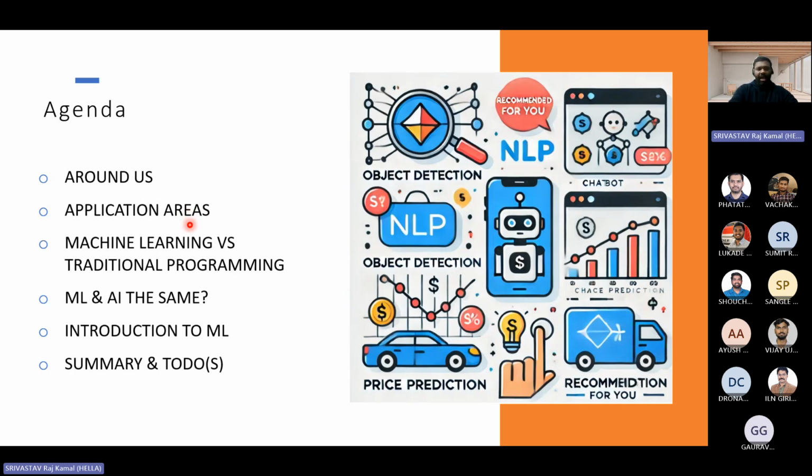What application areas do you already know where machine learning has been involved? Until then, I will not go into what machine learning specifically is, and then I'm going to tell you the basic difference of how it is different from traditional programming. Mostly you have seen our managers or sometimes super managers sometimes call it machine learning, sometimes call it AI, somebody calls it deep learning. We use different terms. But what actually matters is what differentiates when I can call it AI, when I can call it machine learning, and when I can call it just deep learning. You might have heard this terminology from most of the people around us.